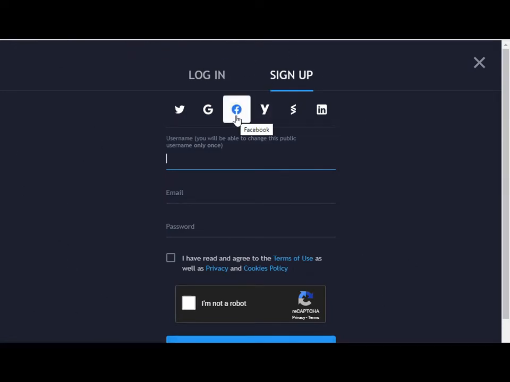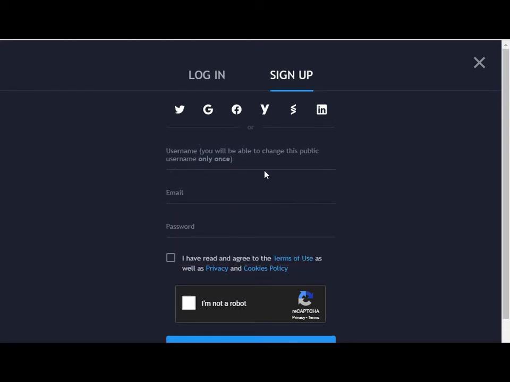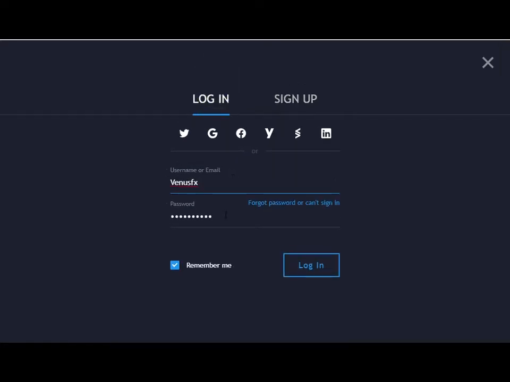You can sign up using Facebook, your Yahoo account, Google, Twitter, or simply by using an email address. So it is very simple. If you click on Facebook, it will redirect to your Facebook profile and your account will be made. But as our account is already made, we just need to log in,